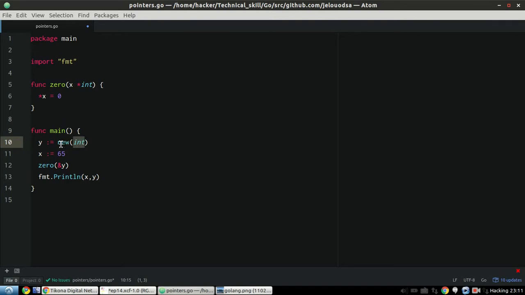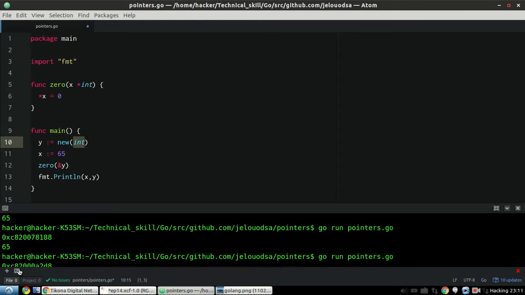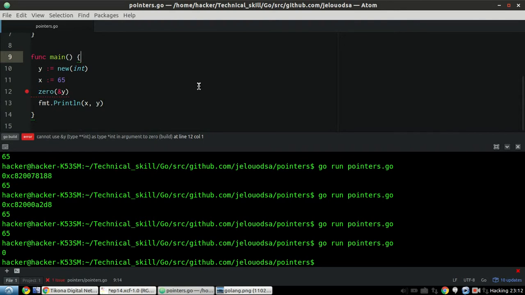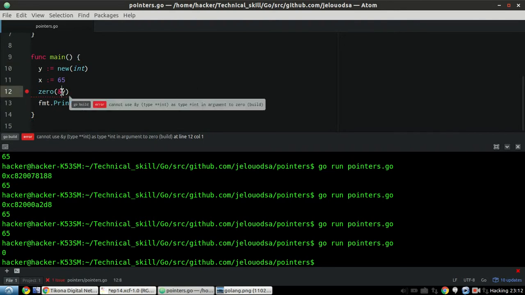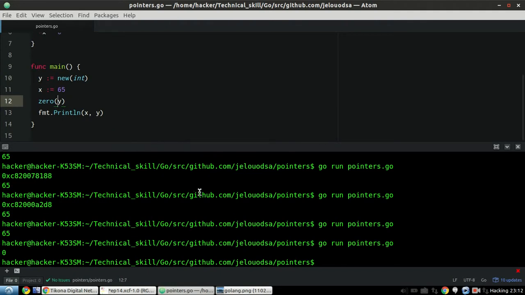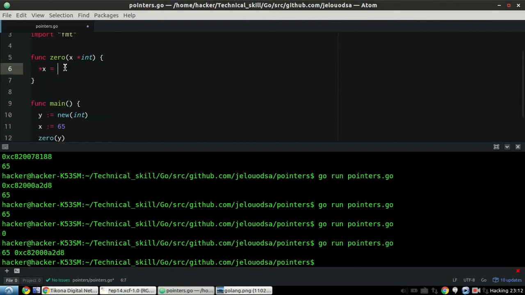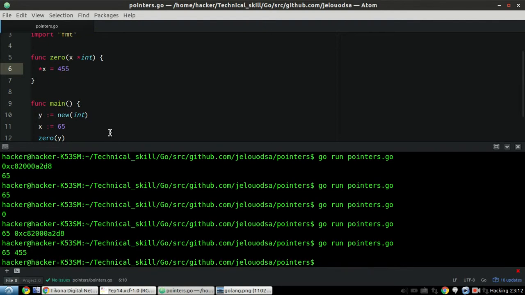So what if we pass y, and we can print it out and save it first. Okay, there's some issue here. We needn't pass the address of y because y is already a pointer, it holds the address. So I should have used this one, and okay, so it did print like that.